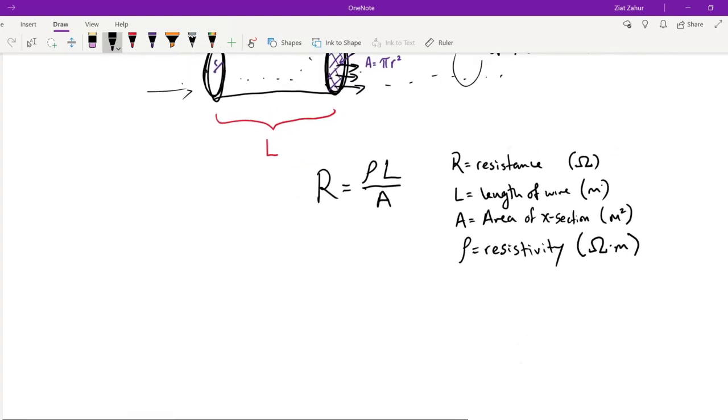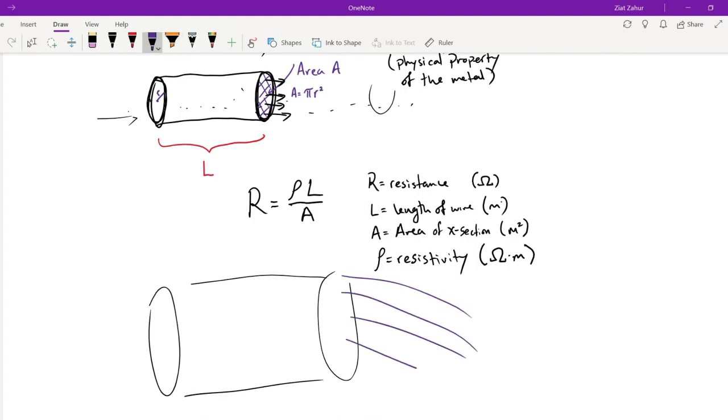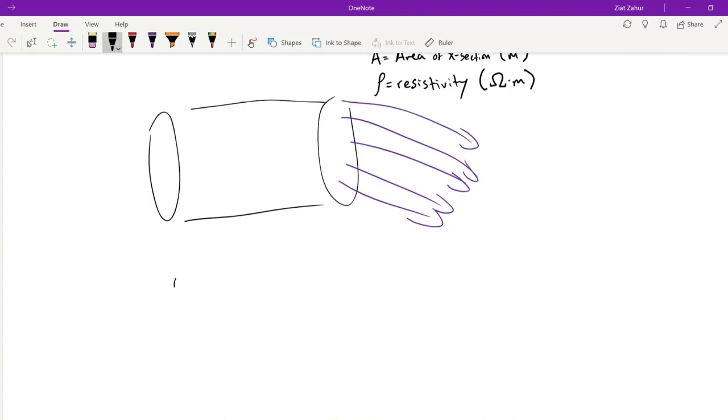Now, how do we make sense of this? Well, if you don't like cars, you can think of it as water. Here's the hose you're using in your garden. If you have a big giant pipe or hose, you're going to get tons of water gushing through, so increased flow: more water per second. If you had a skinnier hose, like a tiny little garden snake-like hose, then you're only going to get a little bit of water per second.